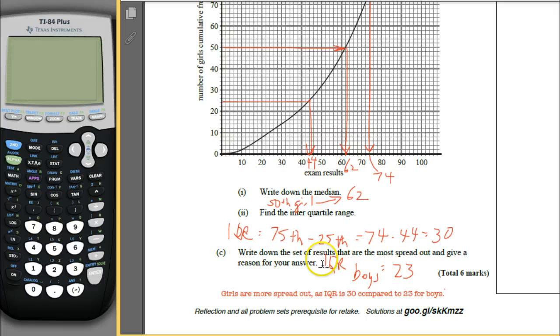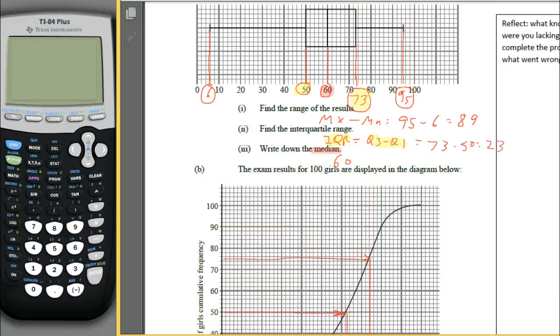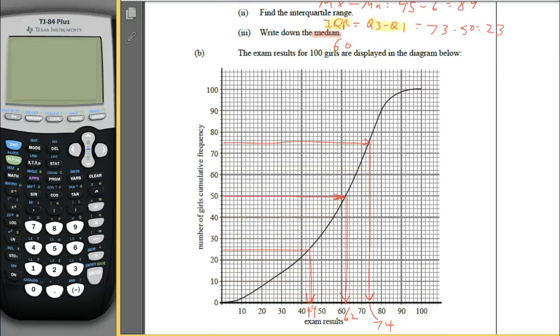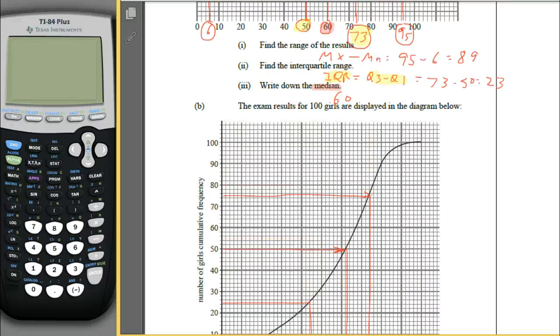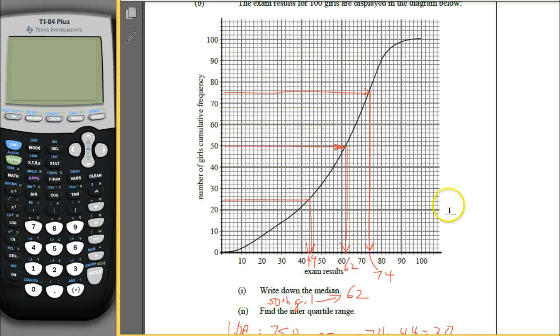Okay, so let's take each distribution and compare them to each other. Remember, we have 2 or 3 different ways of comparing dispersion. We have standard deviation, which they did not allow us to calculate in this distribution because they did not give us a frequency table. There is also range, and range they did ask us to calculate for the boys, but for the girls they did not, and it's not possible to because they didn't tell us the exact minimum and